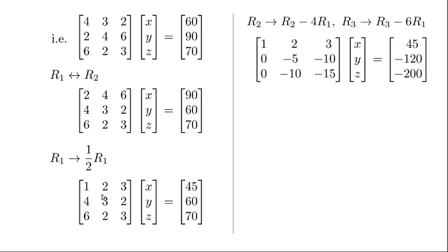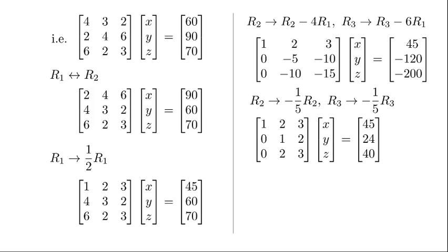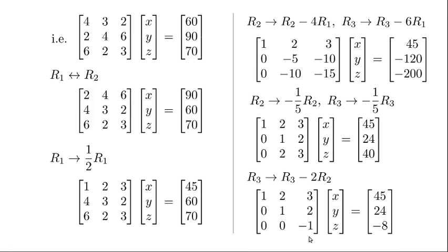Now R2 changes to R2 minus 4R1 and R3 changes to R3 minus 6R1. So that makes these two elements zeros, and rest of the elements, if you carefully note, they are all having minus 5 common, rather R2 and R3 minus 5 common. So what I do is R2 changes to minus 1 by 5 R2 and R3 changes to minus 1 by 5 R3, just to avoid the negative signs. So I get this matrix. Now this 2 can be made 0 easily with the help of this one. So R3 changes to R3 minus 2 times R2, and that gives you 0 over here, that is third row second column element a32, and this is minus 1, and this becomes an upper triangular matrix.